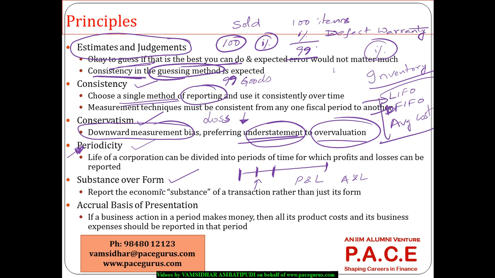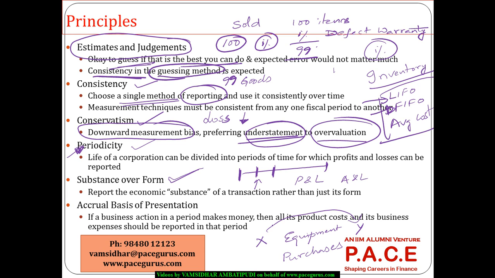Then we talk about another important rule where the substance is preferred over the form of presentation. It's the economic substance. For example, we talk about a company X taking an equipment on a lease basis from Y. So here, if it is sensed that the equipment has been taken from Y on a lease basis, but it is really as good as a purchase, and there is not much of a difference between purchasing that equipment versus leasing the equipment,